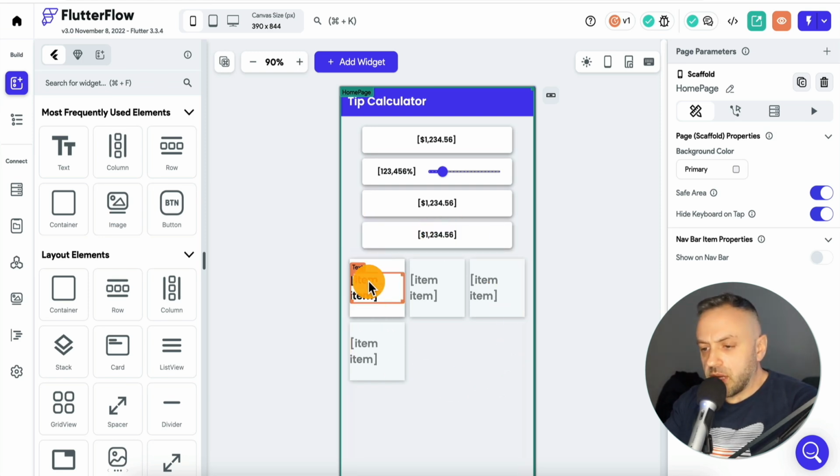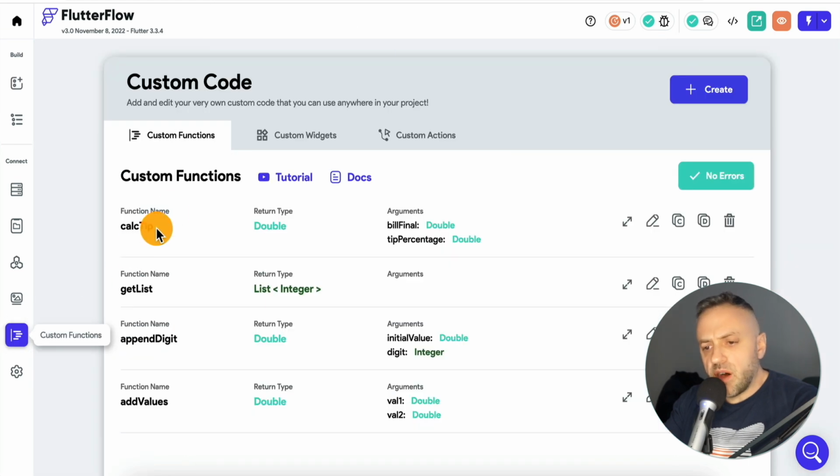Okay, and here you have a grid view that's going to display a keypad. So instead of entering this value manually, you can just click on these numbers, and you're going to input the digits this way. And so if we go to custom functions, we actually have 4 custom functions.